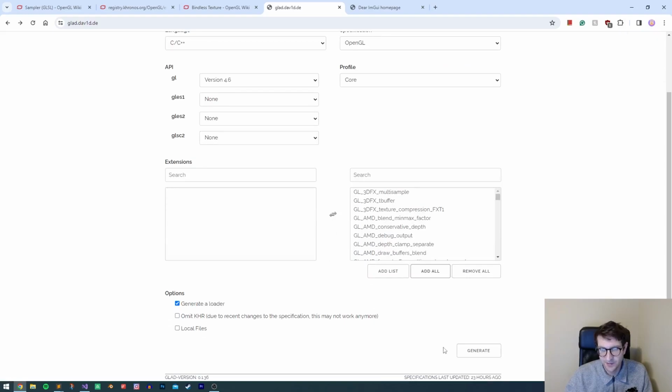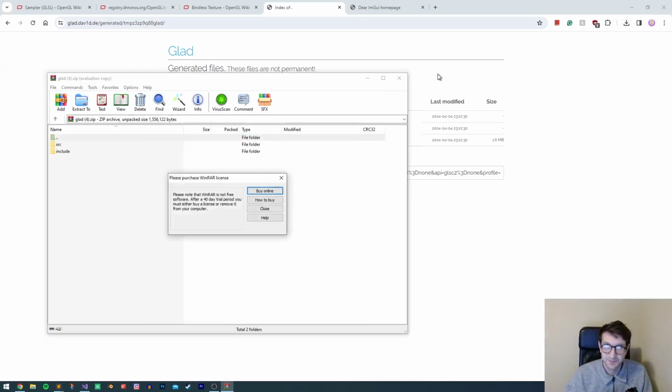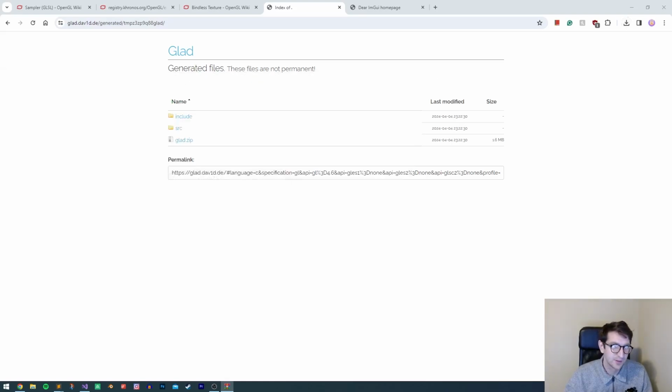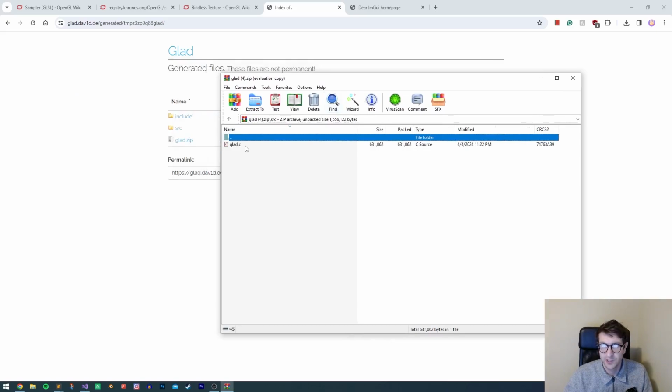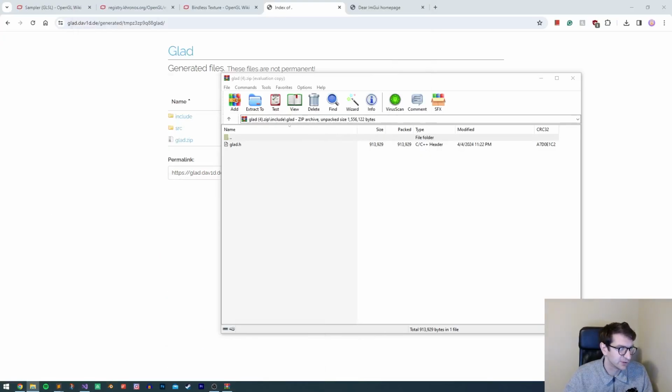Once you do that, you can hit generate, super quick, and it gives you these files. If you click the zip, you'll download that. You can see I've done this a couple times. Inside those, there's a source folder which has glad.c, and there's an include folder which has this KHR and this glad. If you want to upgrade the files that are in your OpenGL, Learn OpenGL, all you have to do